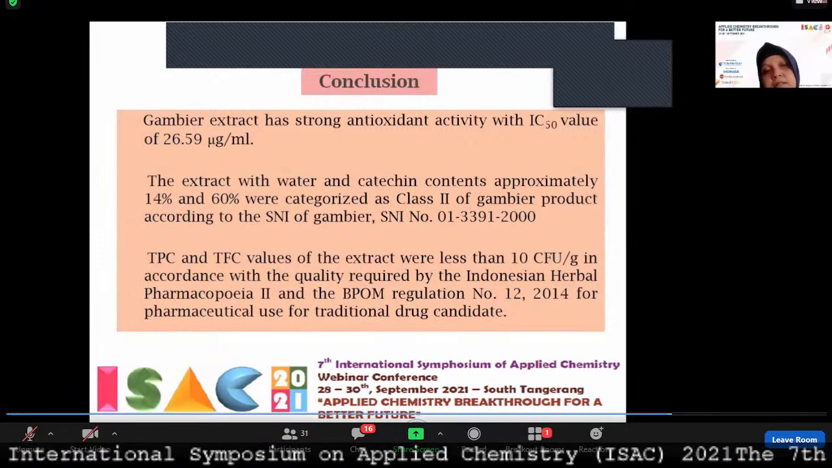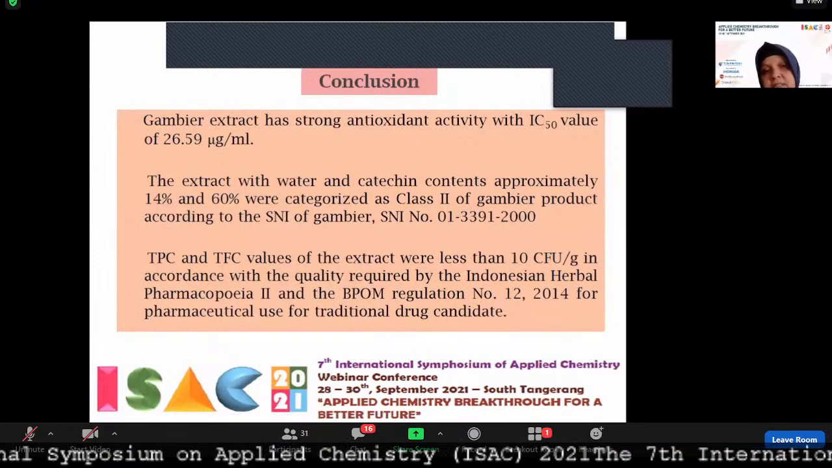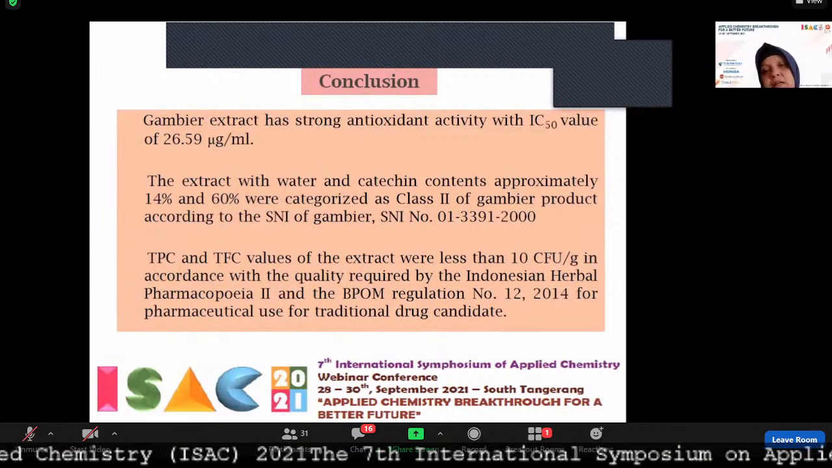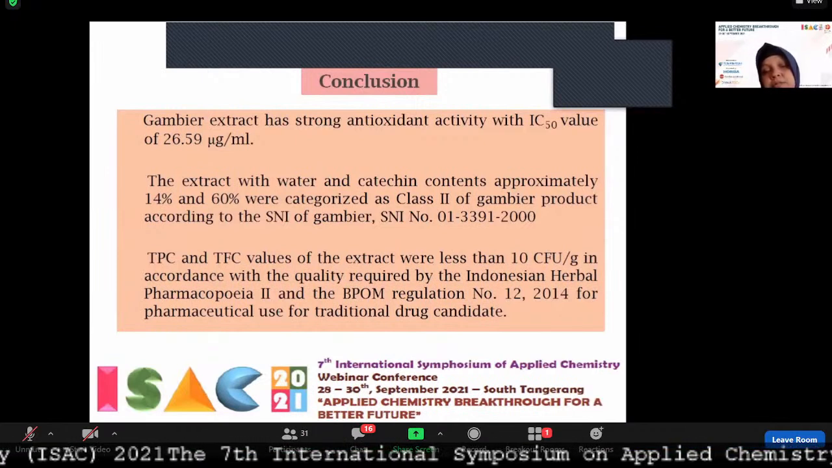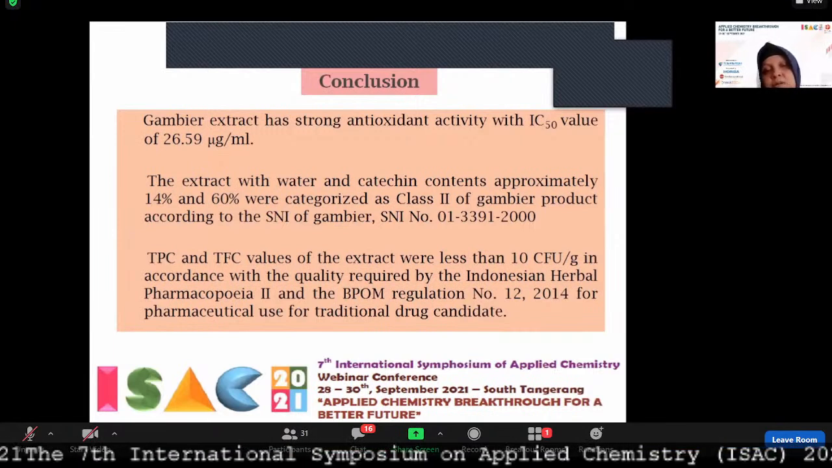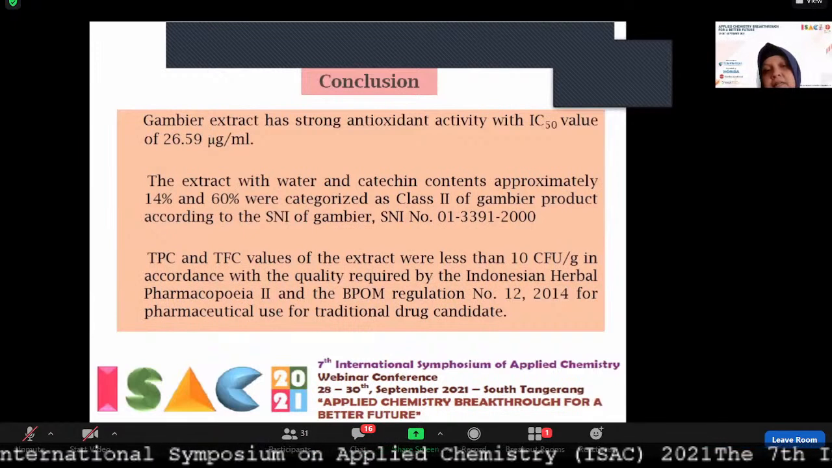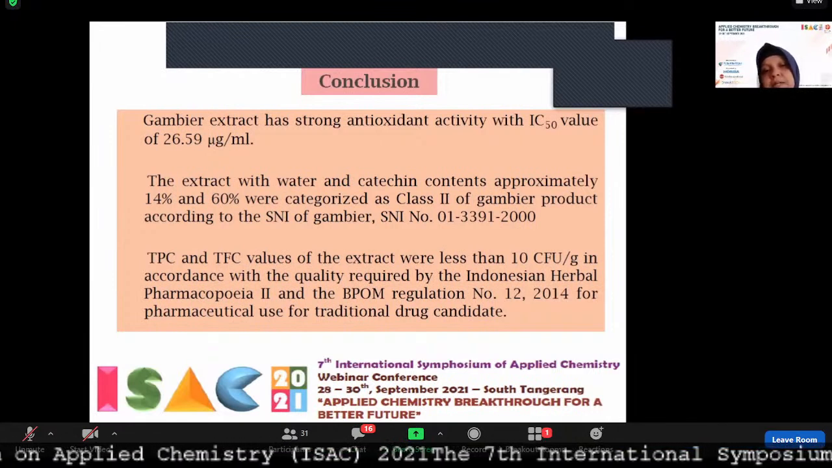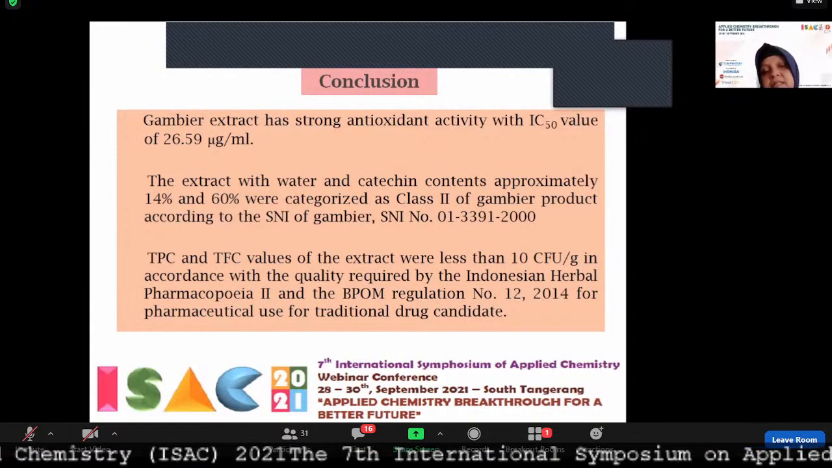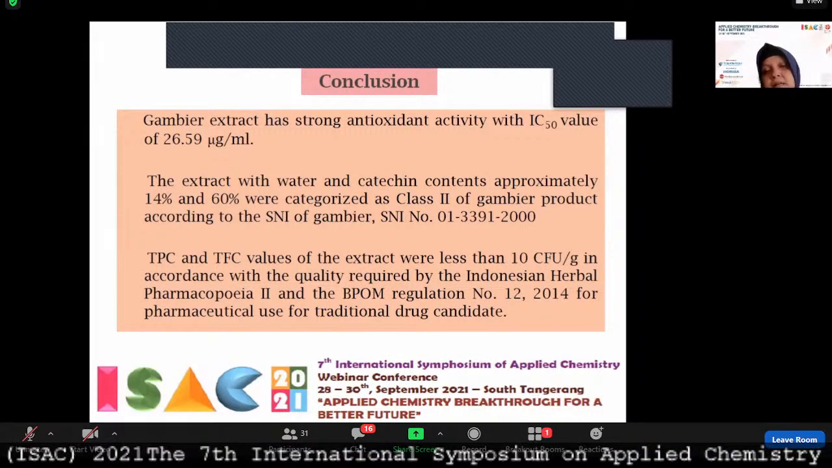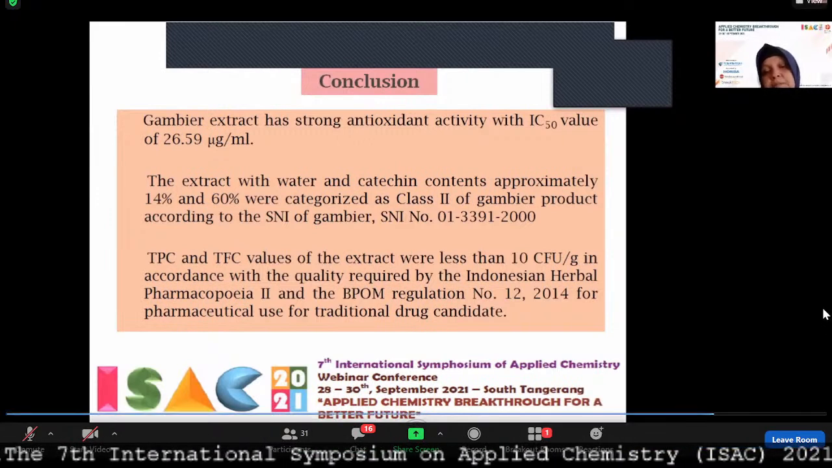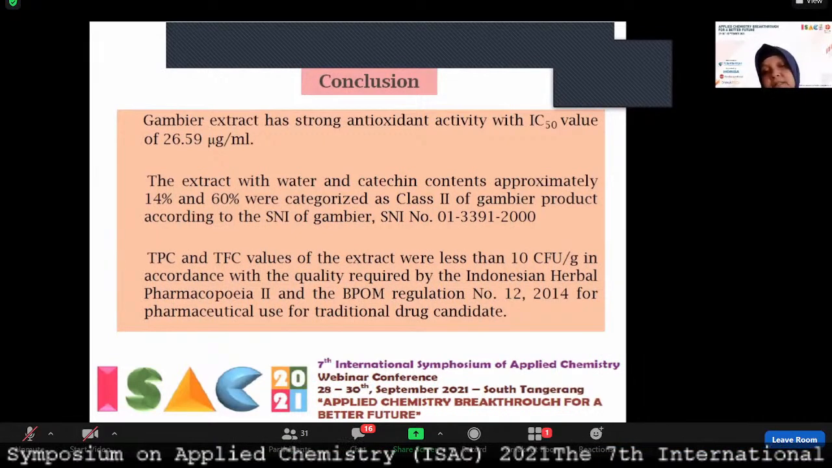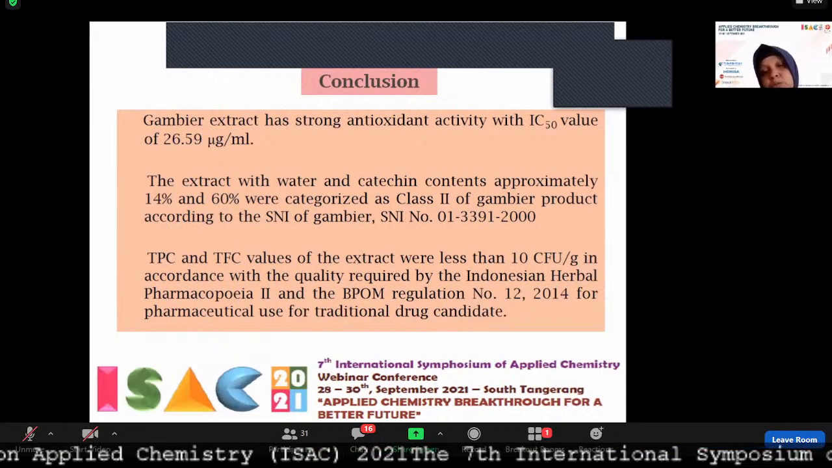So for the result of our research, we conclude that Gamir extract has strong antioxidant activity with an IC50 value of 26.59 microgram per liter, and the extract with water and catechin contains approximately 14% and 60% respectively, so that the extract was categorized as class 2 of Gamir product, referring to the Indonesian National Standard of Gamir and Indonesian Herbal Pharmacopoeia 2